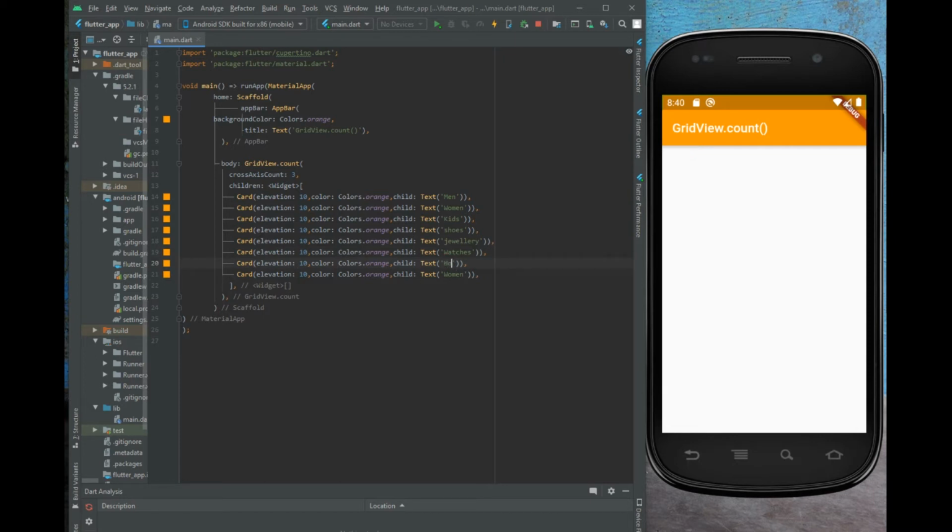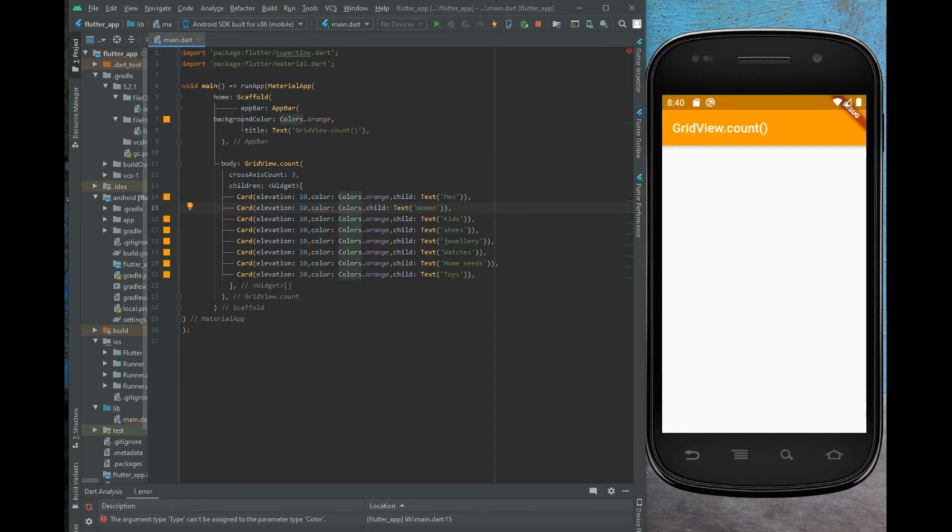And it is a home needs category. And finally, let me change this women to toys. Okay, these are all the cards I am going to add in this grid view count.